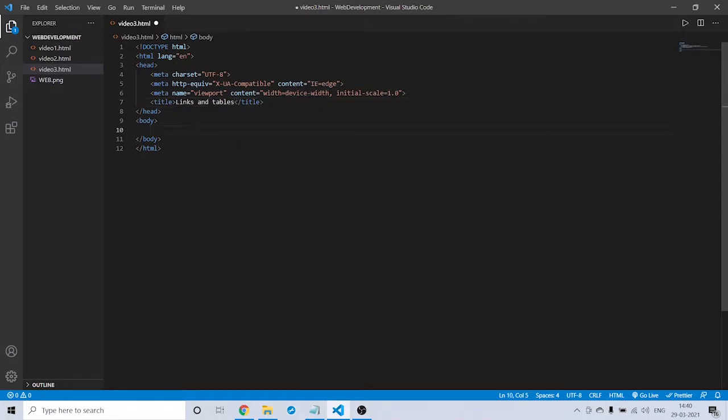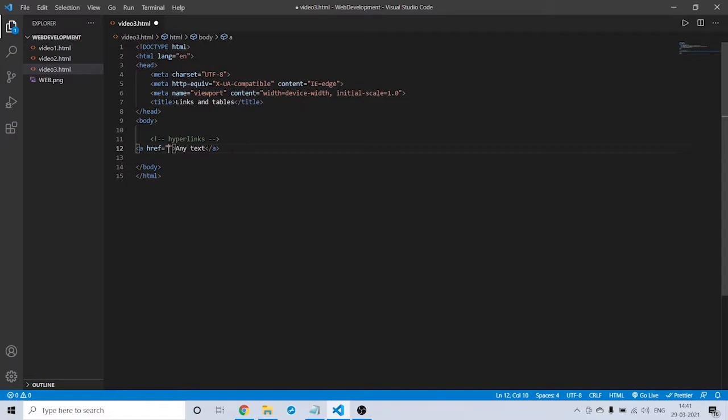And now let us talk about hyperlinks. In the comment I will write hyperlinks. And we have the a tag, and we have href, and href is the place where we need to give the destination of this link. For example, you can write any text here, which means this text is not responsible for the destination. You can write any text here. The main part is this href part.